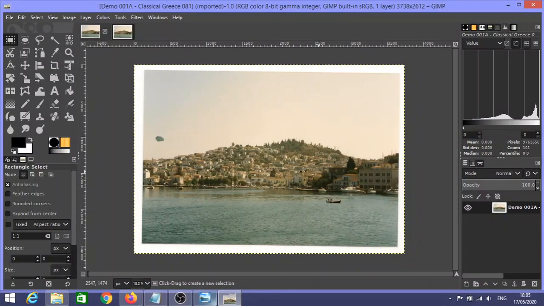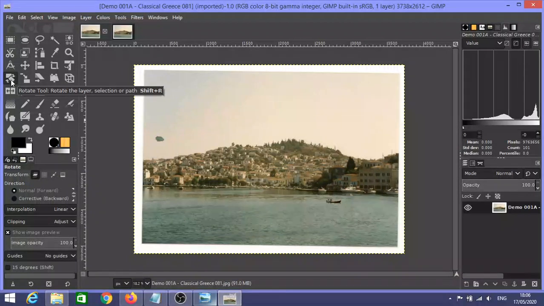So the first thing I want to do is actually level the image to get it flat. You can also do this if you take the image and you realise that when you've taken the photograph, you've actually been at a slight angle, or it's not exactly the angle you want. The way to do this is to use the rotate tool, which is this one just here. So you click on the rotate tool and then you click the image